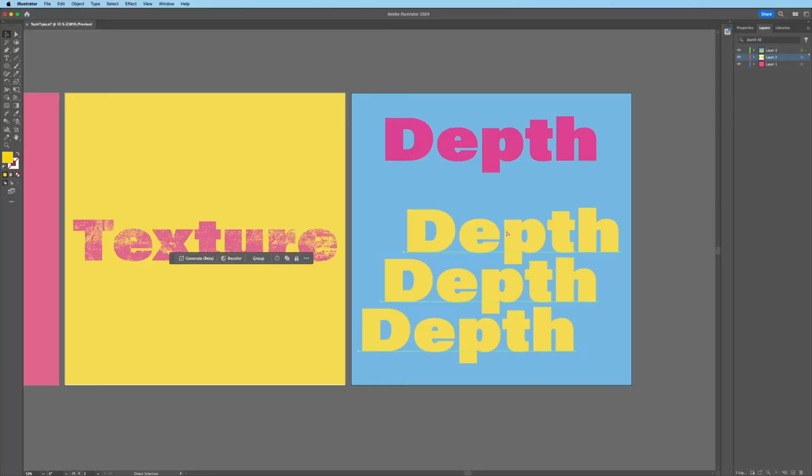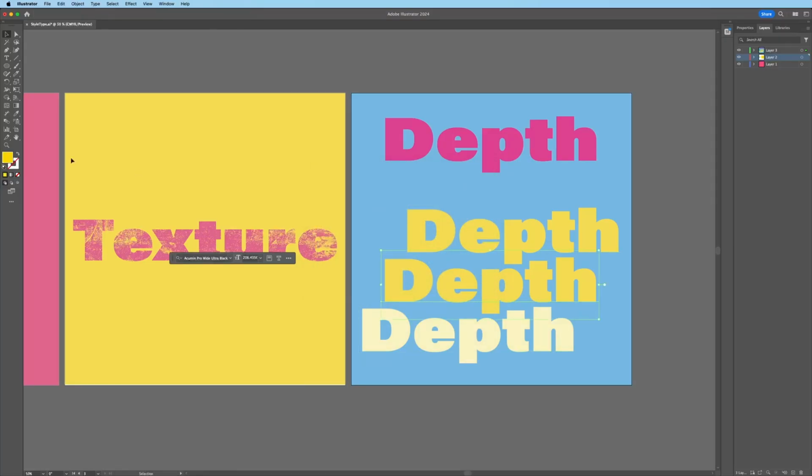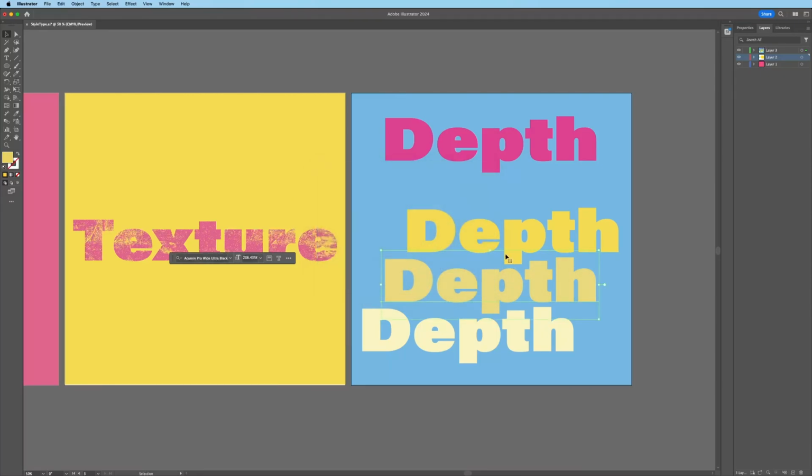Well, what if we wanted to play with these a little more? On this last color, let's go ahead and let's lighten this. So one of the cool things about this tool is it will also read the different kind of colors in that as well. Now, if I go and shift and select all of these and go to my Blend tool,